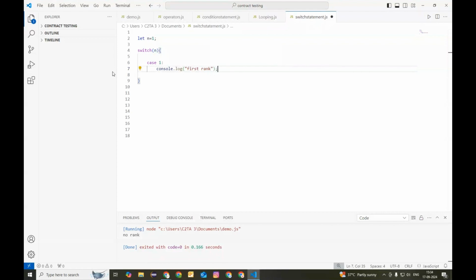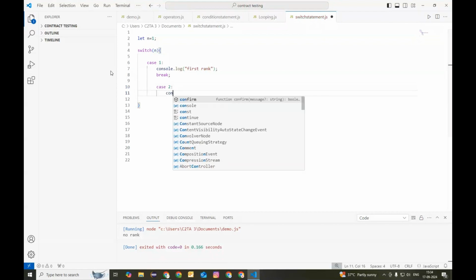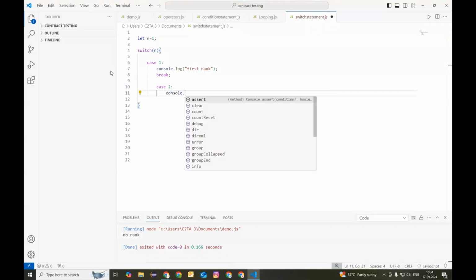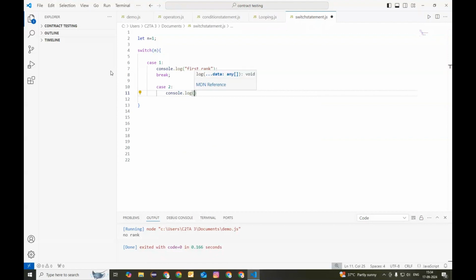If case is 1, then I'll add the break statement, as we saw in the last video. If I give break, it breaks from the loop and comes outside. If I don't give the break, it is going to go to the next case also. That's why I give a break and avoid printing the next one. Then I give second rank, and a break there,